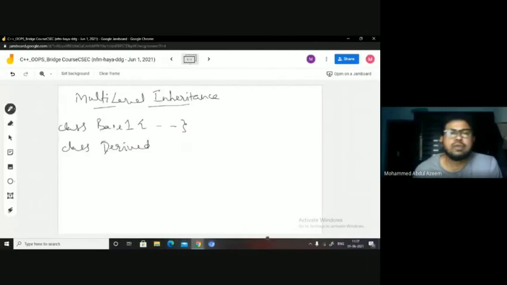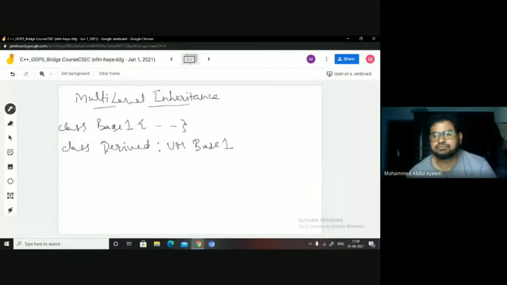See here, there is a base 1 class and its code is defined here within the base. And a class derive 1 I have here. I am inheriting base 1. Then I can have some code defined inside here.